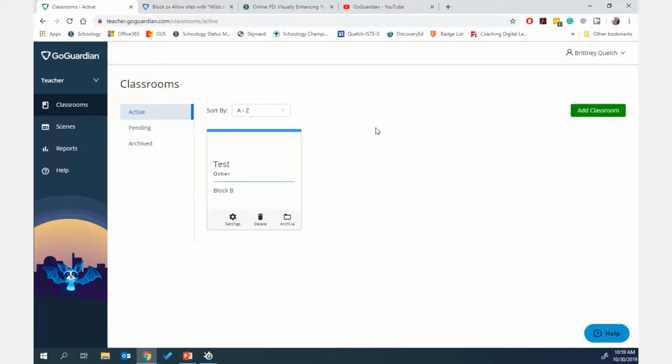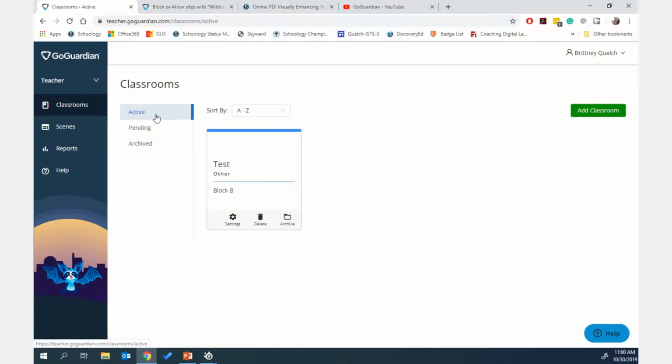Or you might have a group, like some schools use SFA still, where they have a group of reading students who are at a certain level, so they come over and meet with them, but they're still under their homeroom teacher. So there's times where you might need to create a classroom that doesn't match your classrooms that are set up in Skyward. So to do this, when you log into GoGuardian, you'll be on the Classrooms tab and then